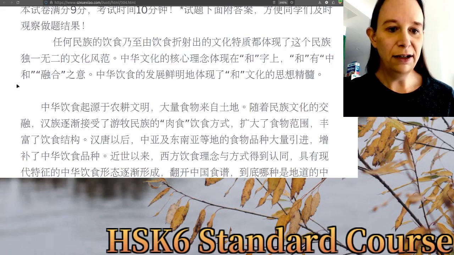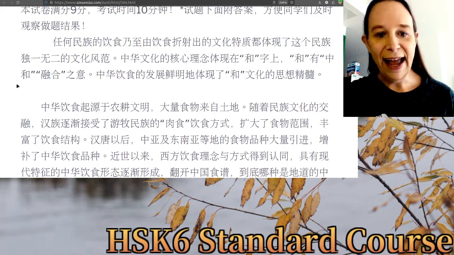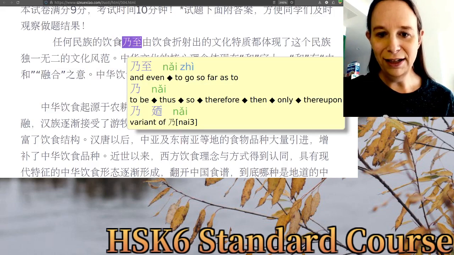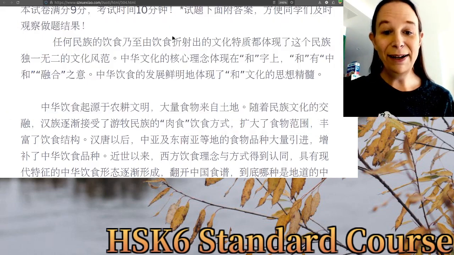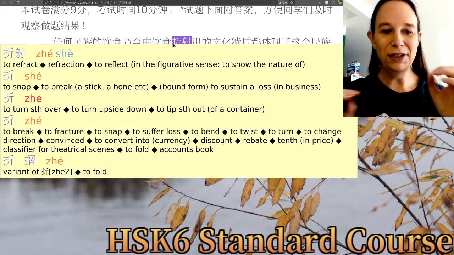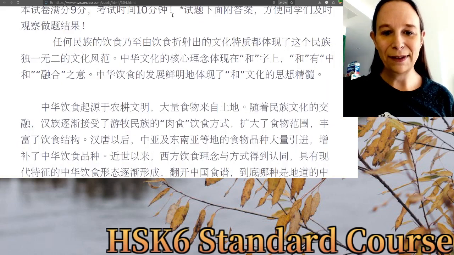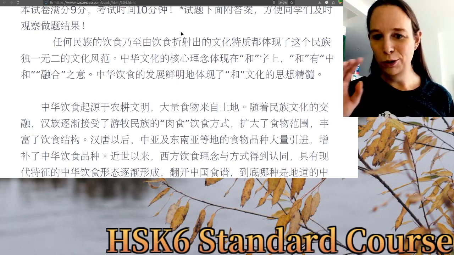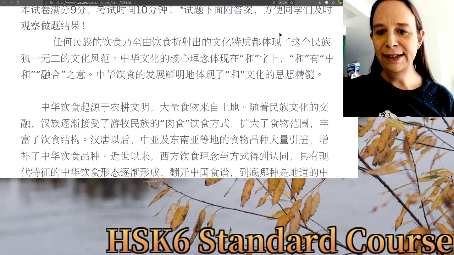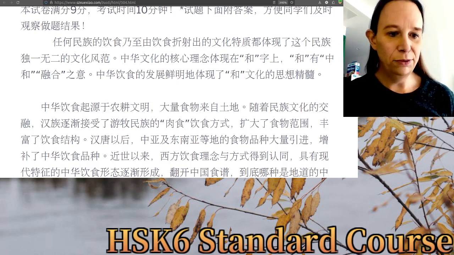Okay, 任何民族的饮食，每一种饮食折射出的文化. Yeah, we encountered this one, right? 折射 refract. 有饮食折射出的文化特质，都体现了这个民族独一无二的文化风范。